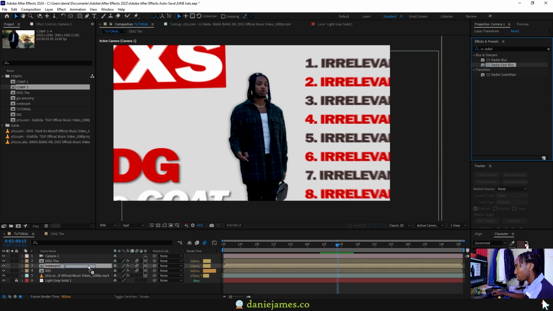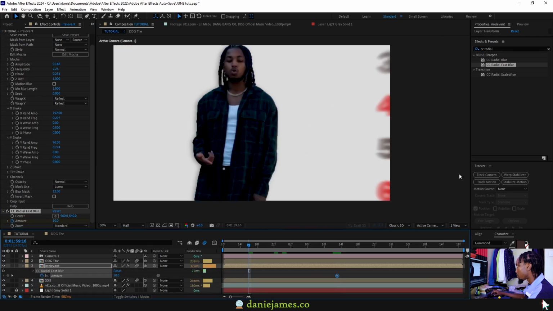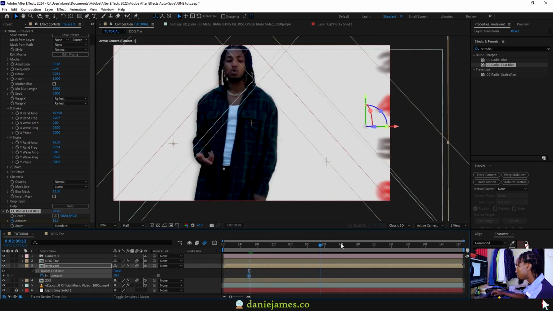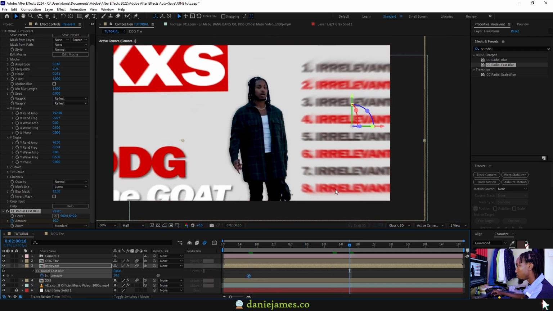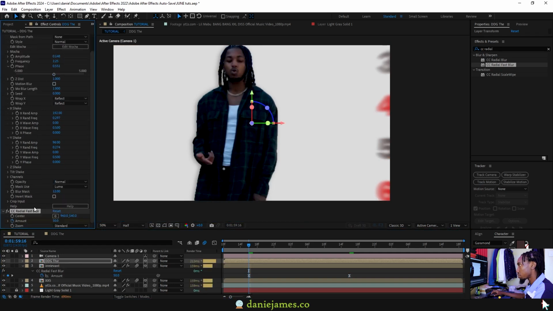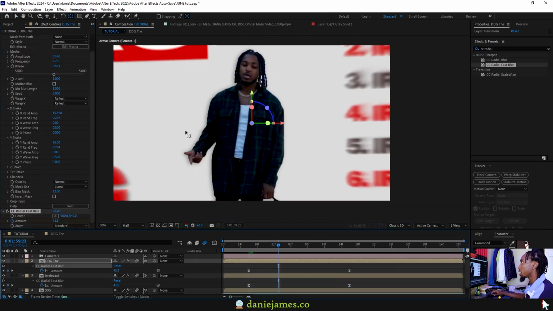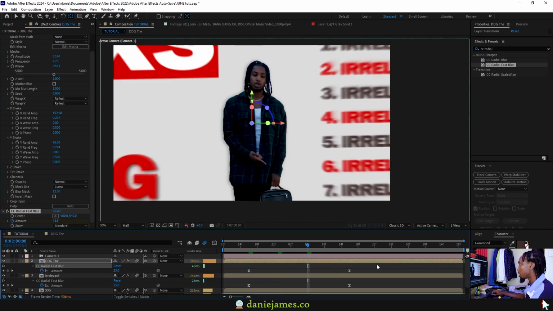Put these on the irrelevant text, keyframe the amount, hit U, so right before the text appears, put that keyframe here, and as it comes in sight, we can reduce the amount, maybe up to around 10. We still need some blur to stay on, and then easy ease that. Copy the same effect to the other text layers, then just change the timing for up to when they appear on screen. So right about here,